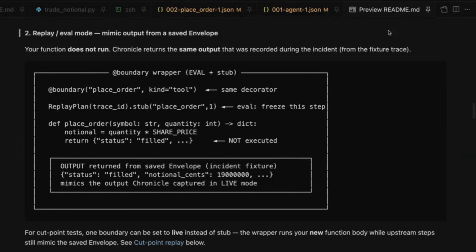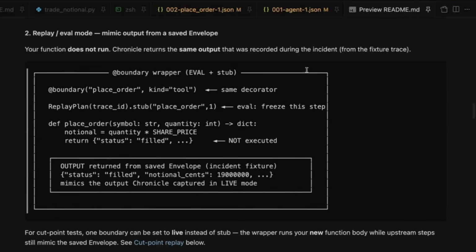That is another tenet that Boundary offers. Since the Boundary annotation is already providing a bounding box around your methods, it can be used to stub your methods in during testing. So think of it like this. You have a run which is recorded. That run recorded every input and output for every node. Now you have fixed your code at, let's say, the tool level, but you want the rest of the nodes to be stubbed so that the entire exact stack trace remains the same. How do you do it?